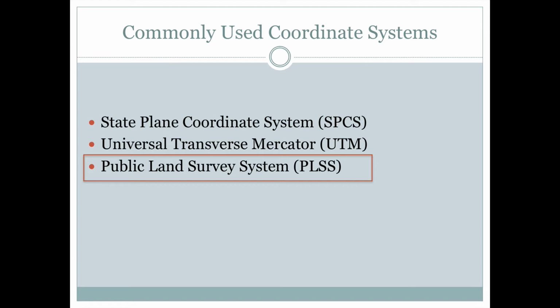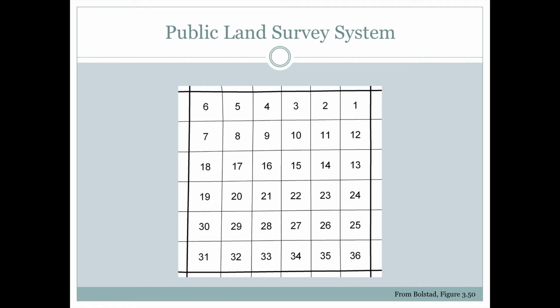The public land survey system is not related directly to a map projection, but this survey did result in a grid that overlays the land and is another way for us to locate ourselves on the land, which is why we discuss it here. The public land survey system is based on township and ranges,